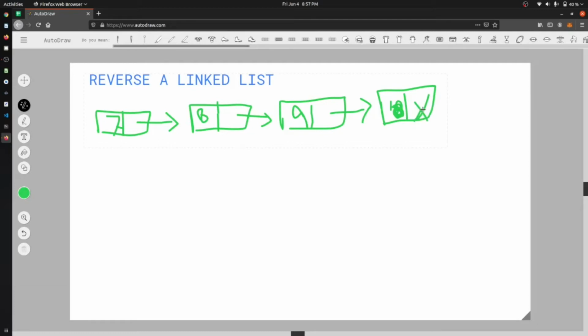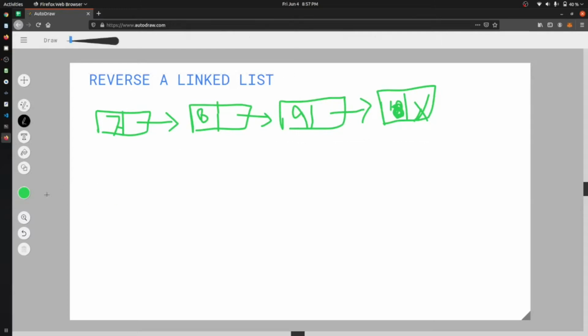So what can we do in this question? One thing we can do is try to swap the elements: swap 7 and 10, 8 and 9, but it will cost you much time. You can try that, but it will definitely cost more than the solution I am going to show you.